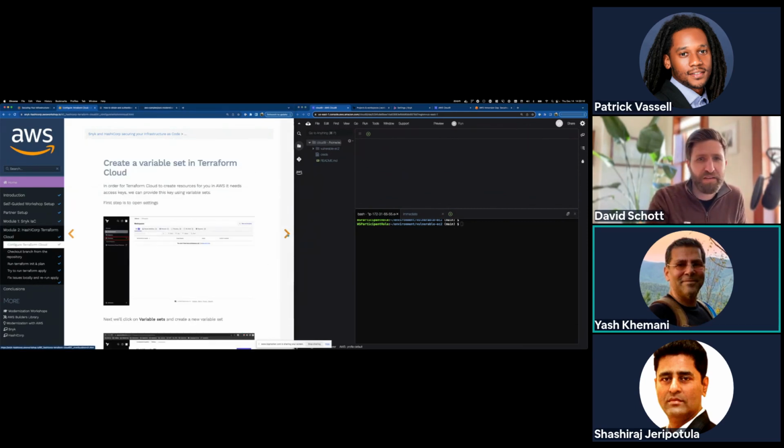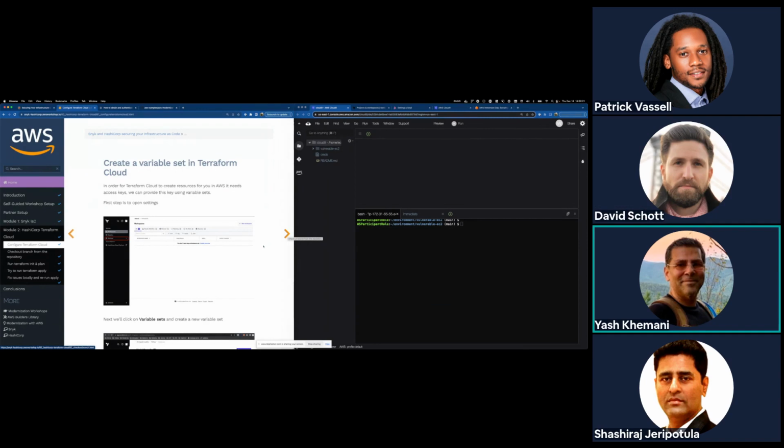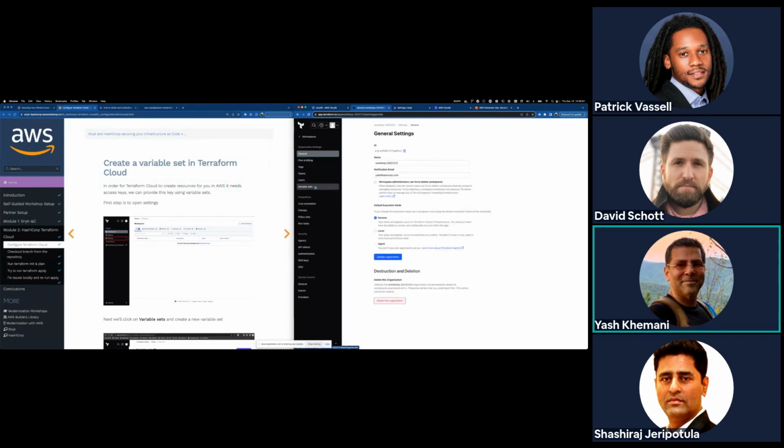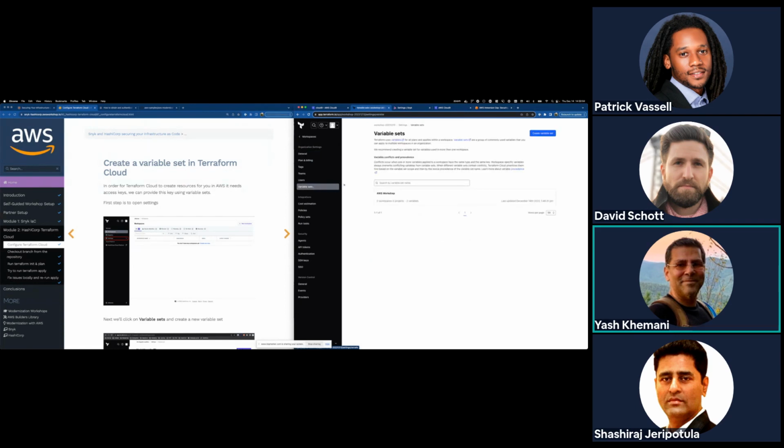Let's go ahead and jump in. We're going to start off by configuring some things in your Terraform Cloud organization that David walked you through setting up. In your Terraform Cloud organization, head over to Settings at the top level. If you're somewhere else, just click on the name of your organization, at the top left in the breadcrumb, and that'll bring you to this menu on the left side called Settings. Then in Settings, we're going to head over to Variable Sets.